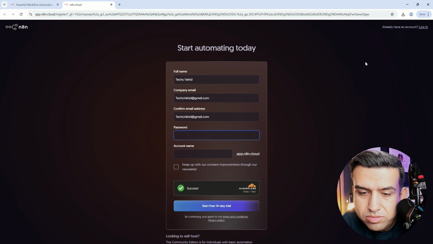Of course, don't use your name 123 or name !23 or password 123. For account name, this can be something like Techyvahid or your preferred username. It's often used if you access their cloud services. Decide if you want their newsletter and then click the button that says Start Free 14 Day Trial or the equivalent